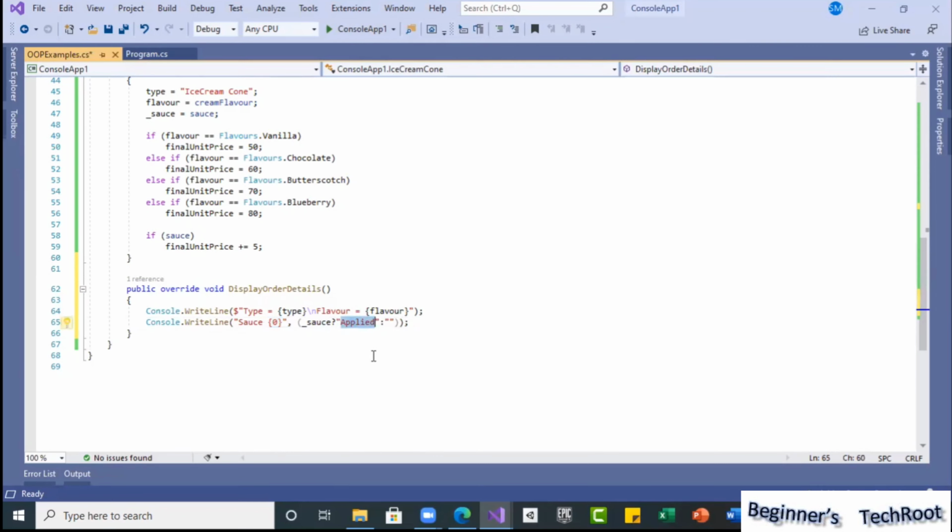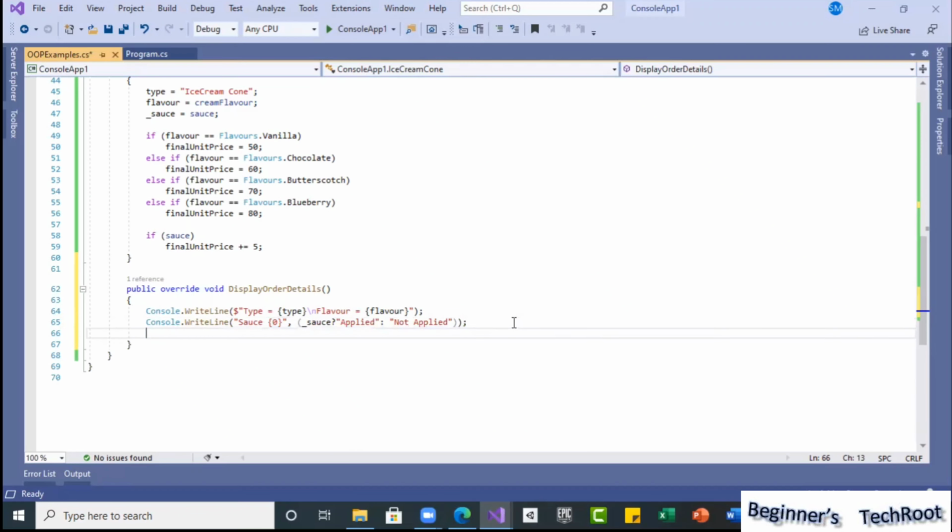So the user has not selected it, so we are not applying any source. So in this example, I am even covering the conditional operator, how we can use it. So if source is true, applied. If it is false, not applied, I am returning. That will be substituted here.